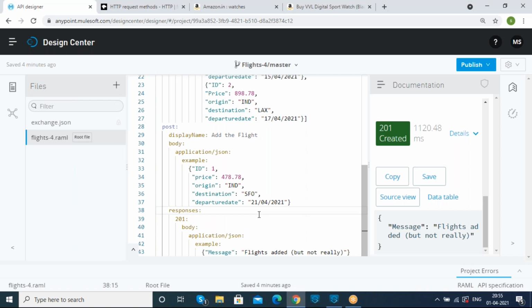Hello, Ramohan, can you hear me? Ramohan, are you having any doubts in this post method, whatever we had designed, and why it is useful?